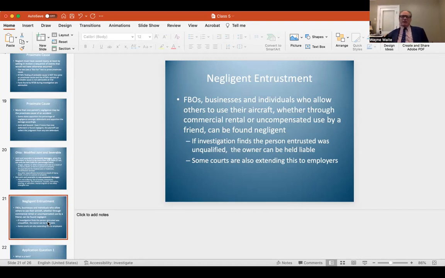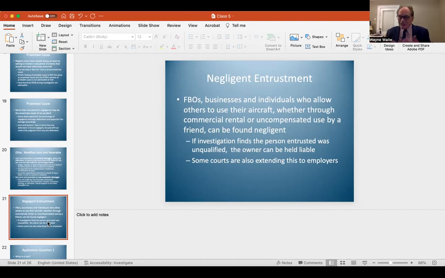This is similar to the type of cases that you see now, quite prevalent, about firearms. Are firearms adequately locked, or are they available for folks who shouldn't have them? It can also be the case with automobiles, where you see someone who's plastered and you throw them your keys.